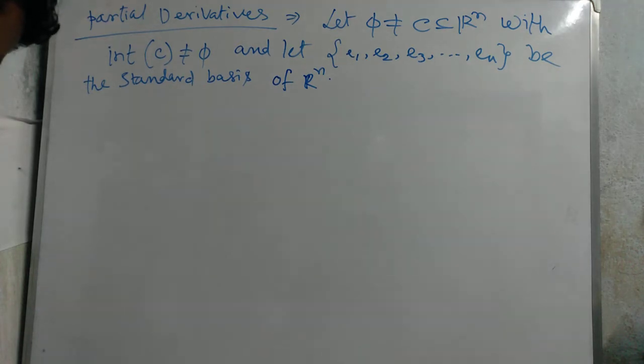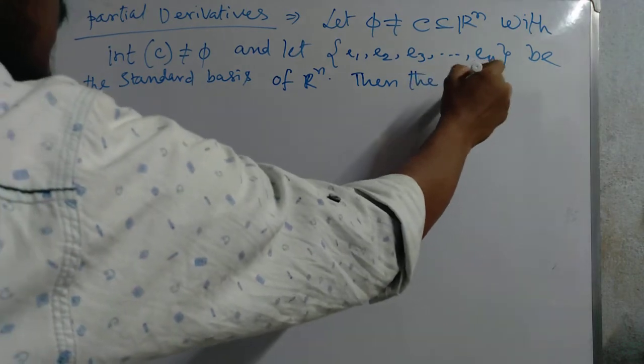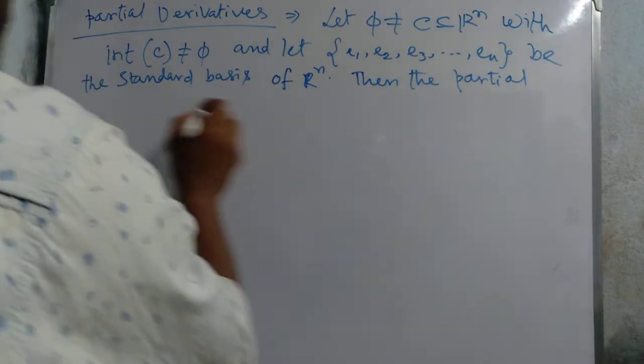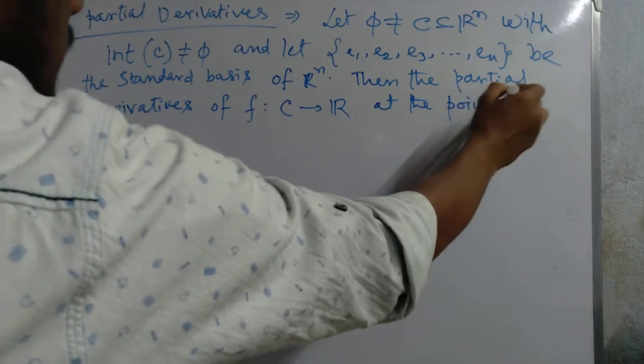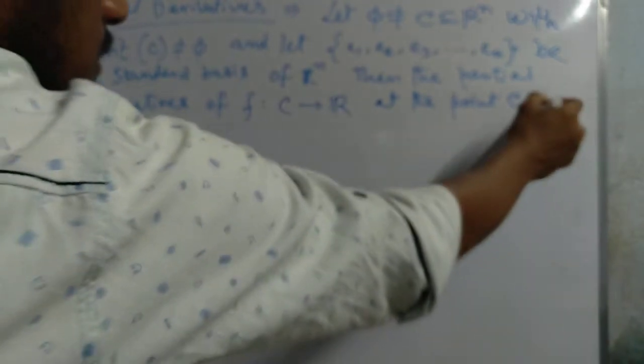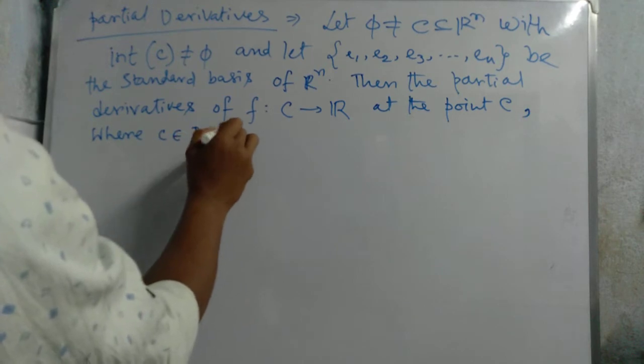Then the partial derivative of f: C to R at the point c, where c belongs to the interior of C,